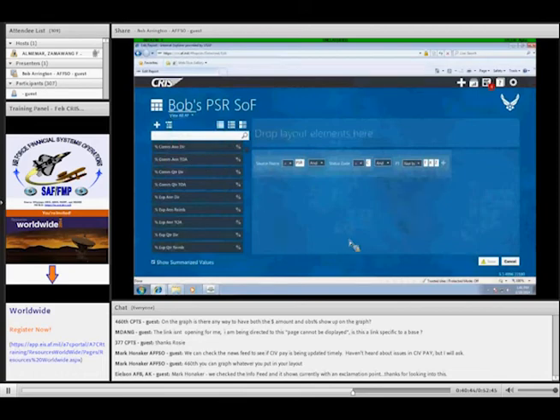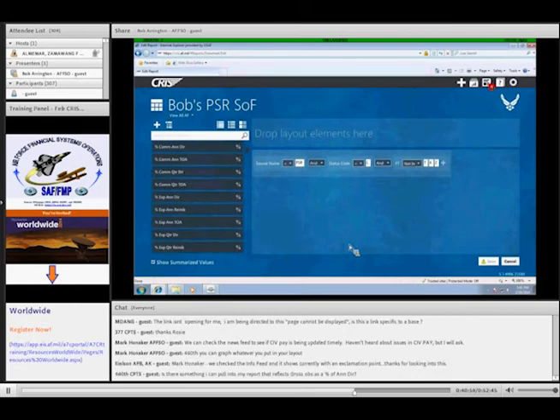Okay, so that does trip a lot of people up. So make sure you select the proper role. Once you build the report and save it, then it will save the role with it. So the next time you run the report, you don't have to select your role again. If you export it and re-import it, you don't have to select the role again.